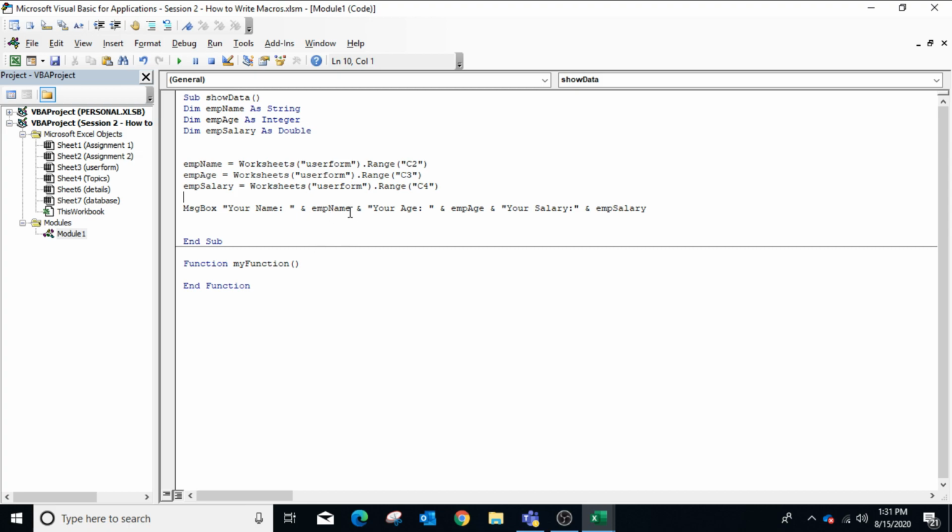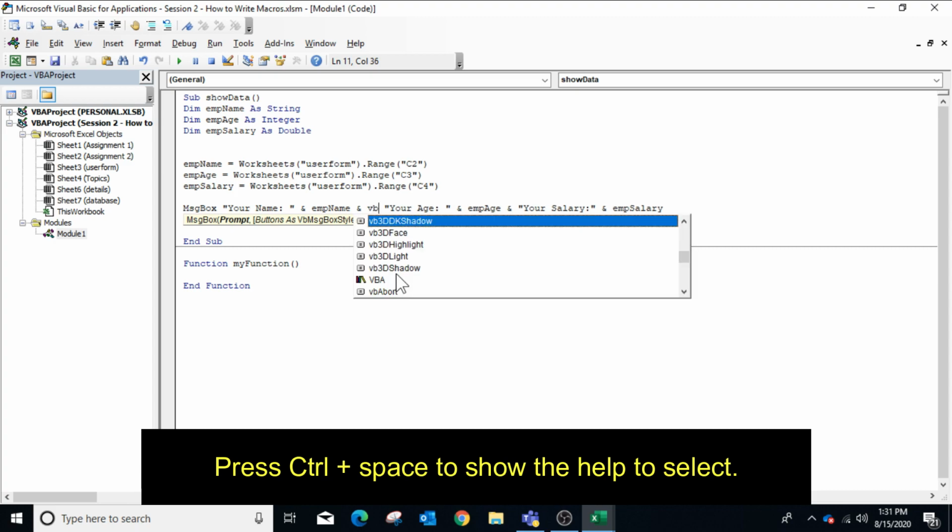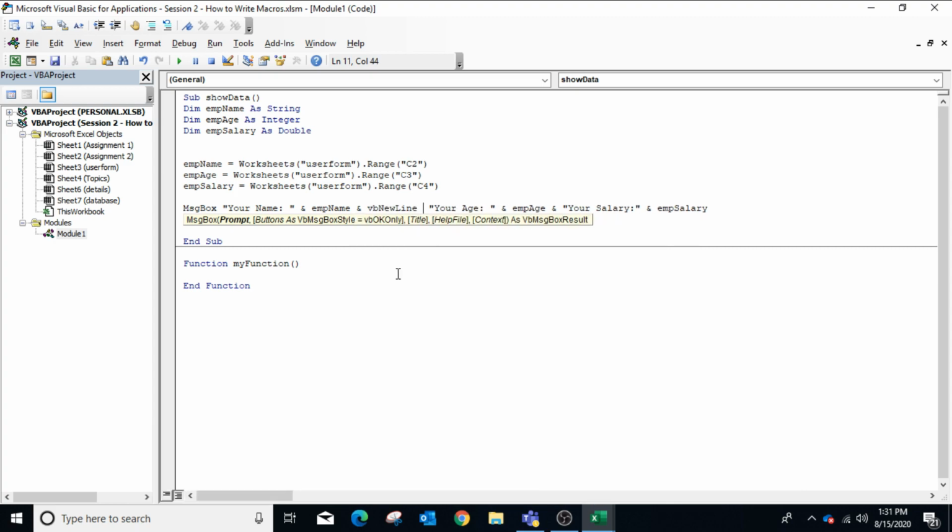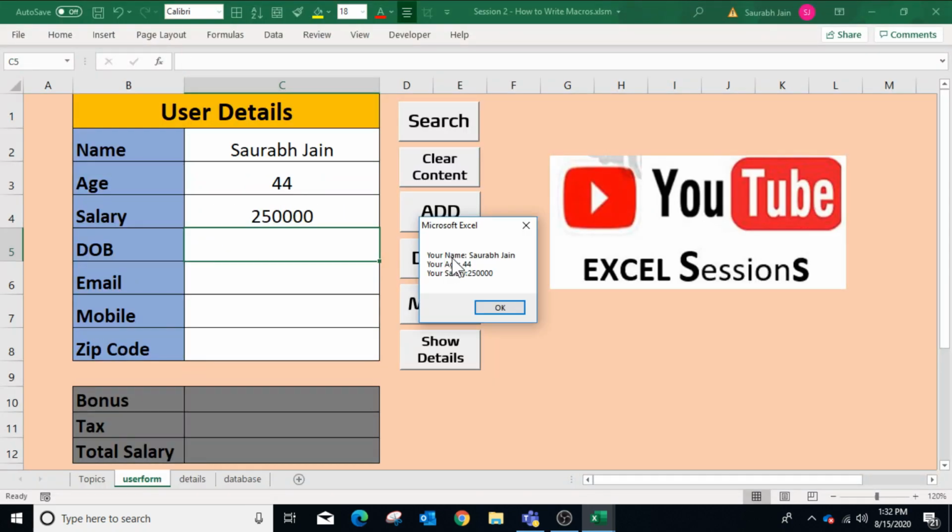So after showing the employee name, we'll type vb, select vbNewLine, press a space and it will select the same. Press the concatenation character. Now we can use the same vbNewLine after showing the age. So the salary will be displayed in the third line. Run the macro using F5 or the Run command. Now the message box will display all the three pieces of information in three different lines.